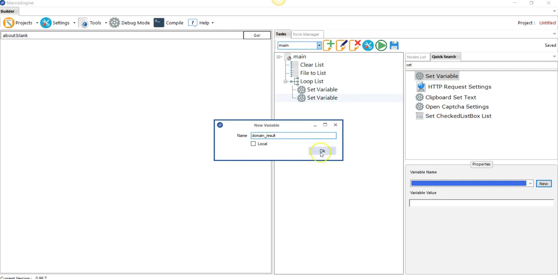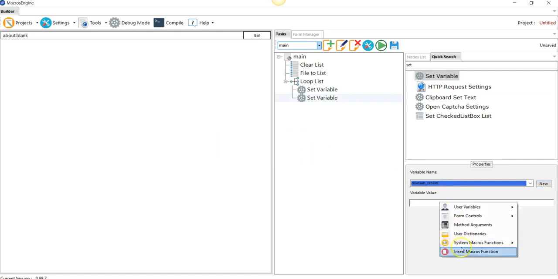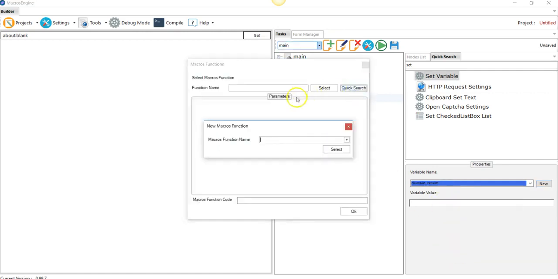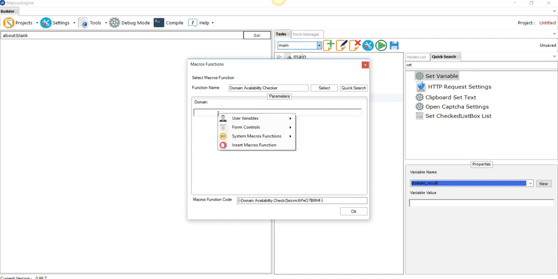Underscore is better, and we use a macros function called domain availability checker. We'll check a domain and tell you whether it is available or not. We pick domain item, click OK,